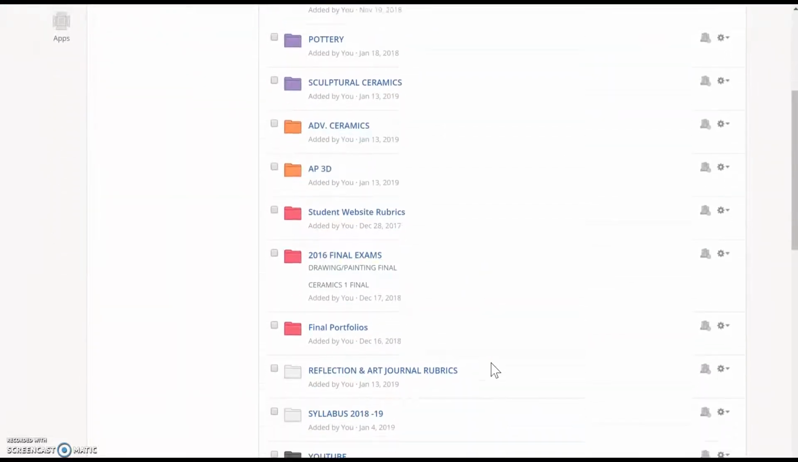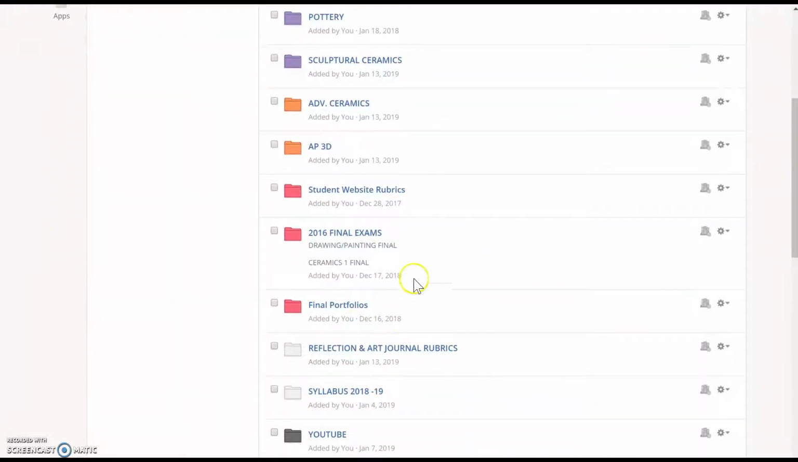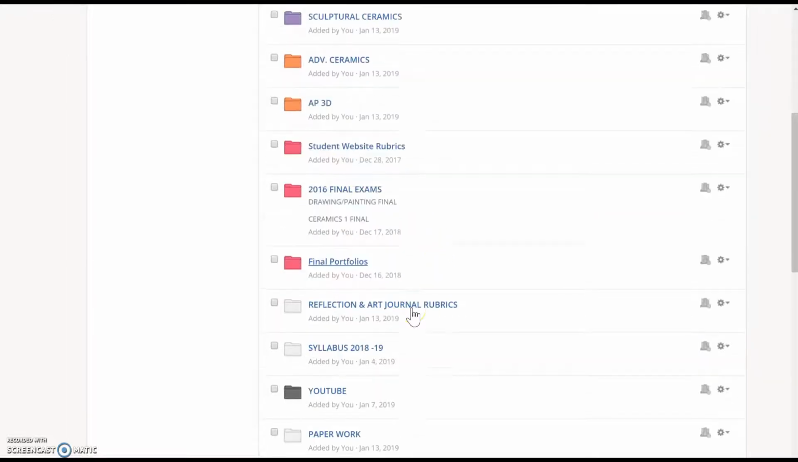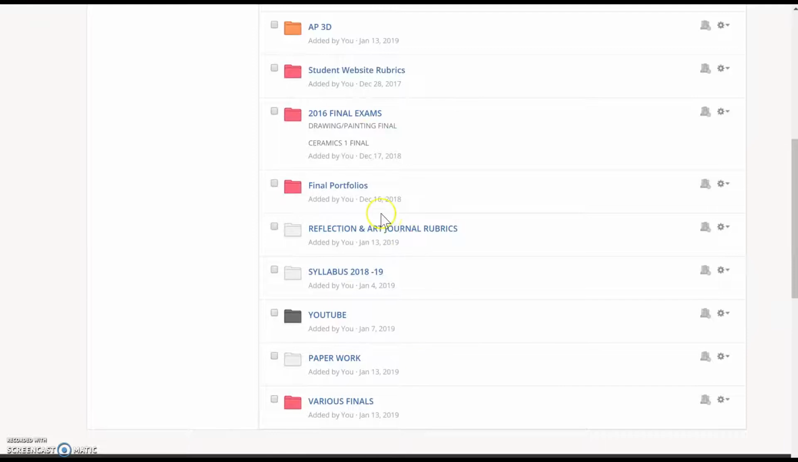What I'd like to show you now is how to merge files into a new folder or to store folders into a singleton. So I've created a various finals folder because I have slowly gathered multiple types of finals. So what I would like to do is just place them all into this folder that I've created at